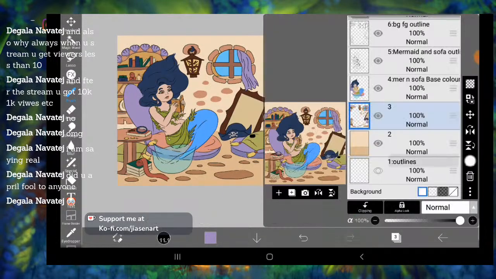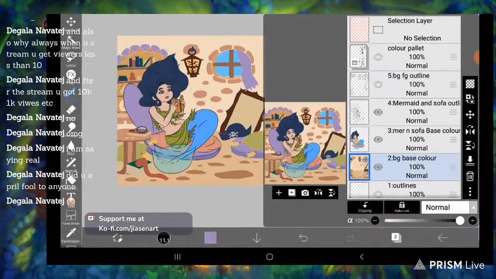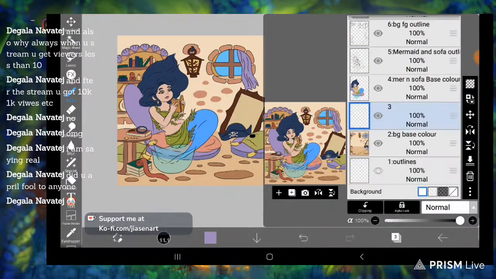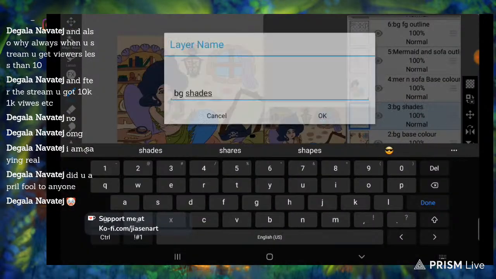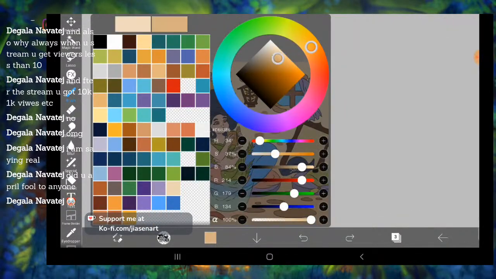It's absolutely killer. A lot of people complain about the bucket tool, and I understand they do that, but the thing is they don't use it with its full potential. First of all, you have to